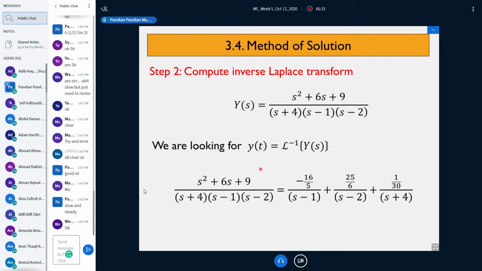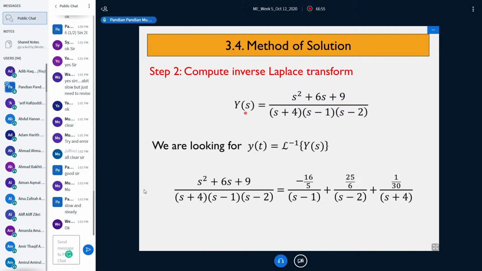Equation number 3. A not equals to b, b not equals to c. So, s plus 4, this is x minus a. S minus 1, this is x minus b. S minus 2, this is x minus c. So, you have